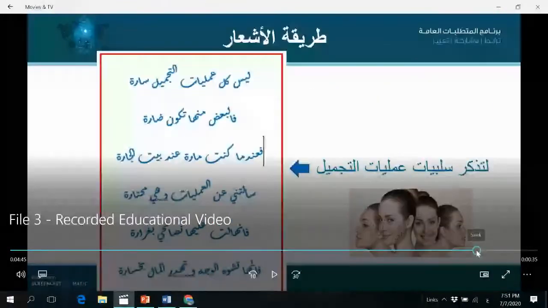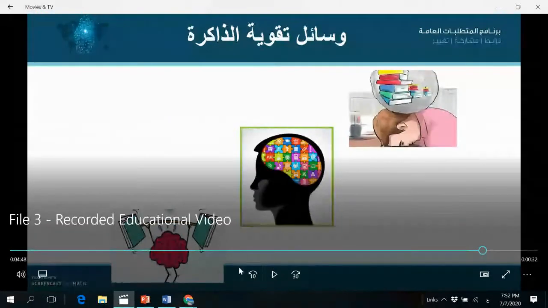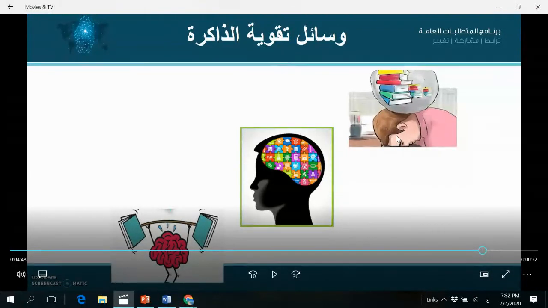And finally, the conclusion. I put again for the conclusion some music at the end, and I concluded about the 4 memory techniques. And then I finished with a quotation saying that memory is the best servant to the brain